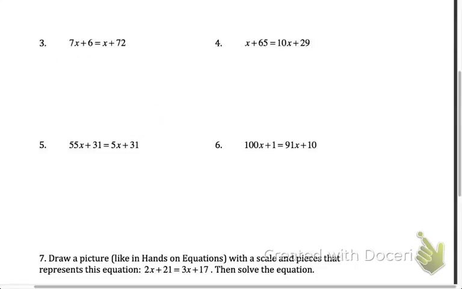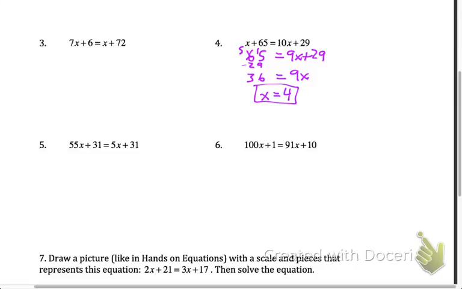Okay, on to number 4. I get that, take away an x from both sides, so 65 equals 9x plus 29. Take away 29 from both sides, and I'll just have 9x left on this side. And let me see, I don't know if I can, so let me just write this. Minus 29, what do I get there? 65 minus 29 is 36, so 36 equals 9x,